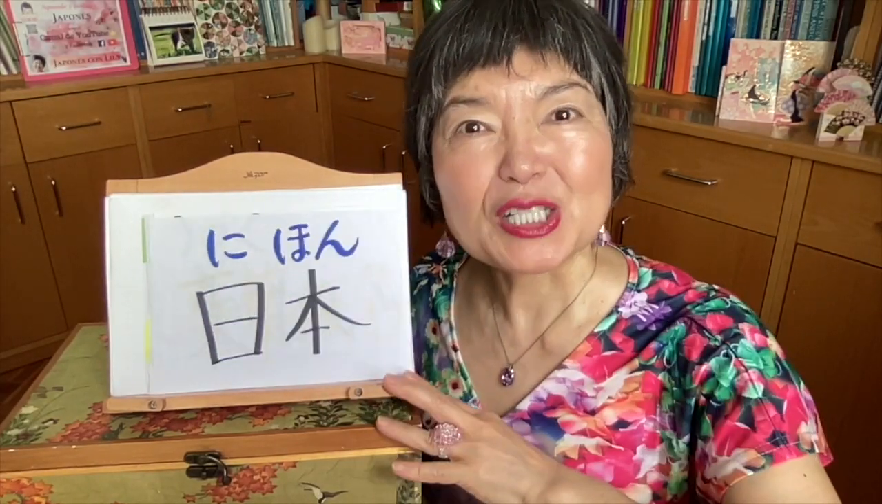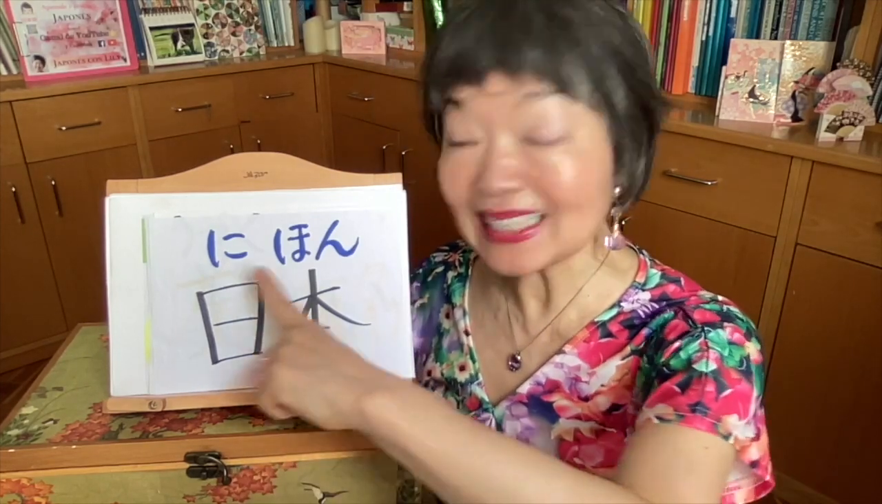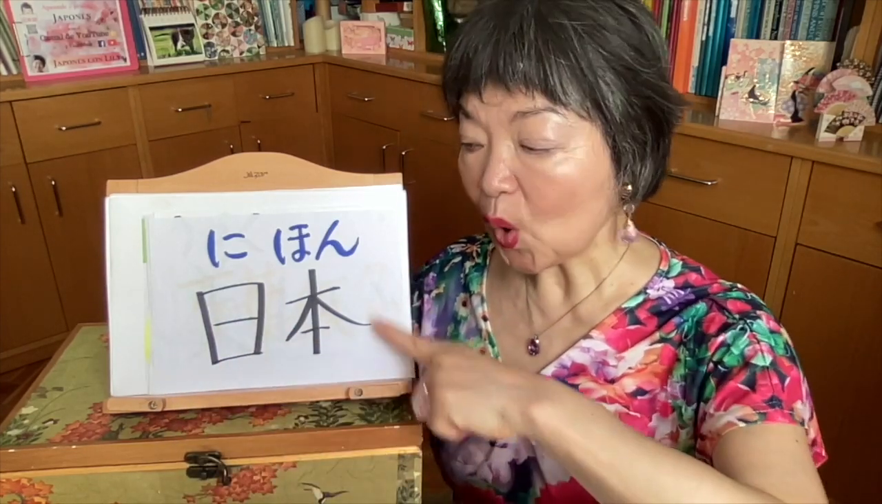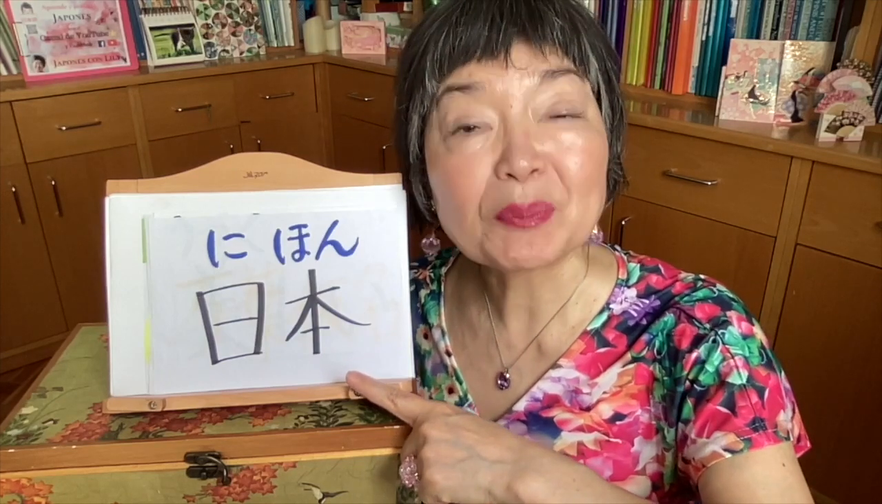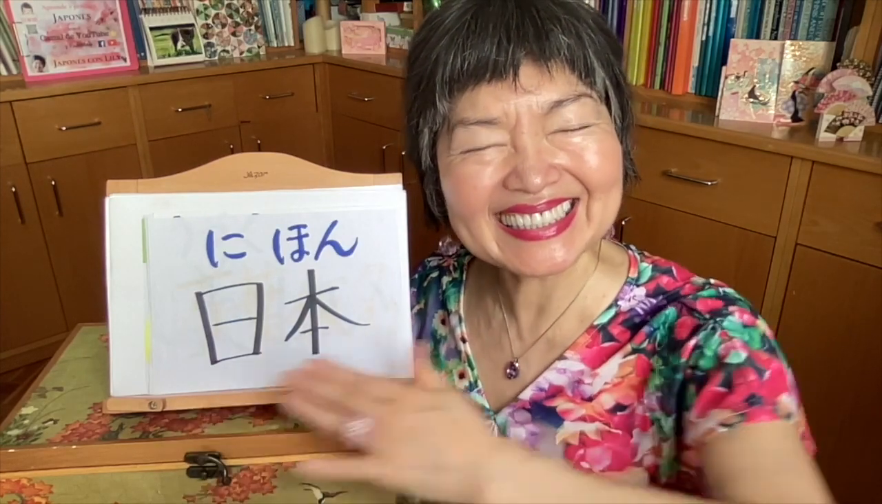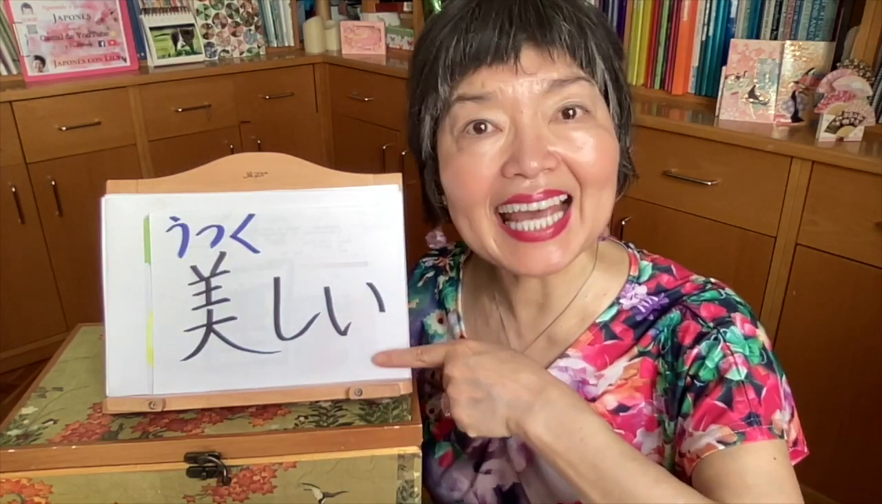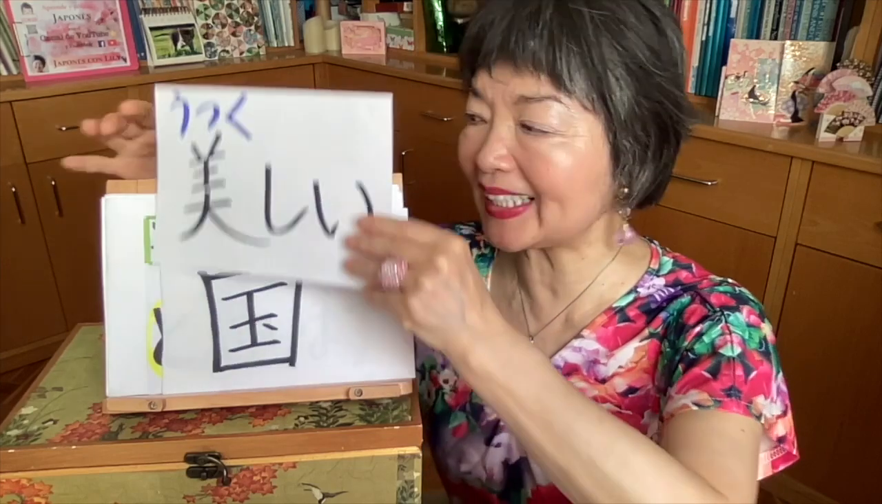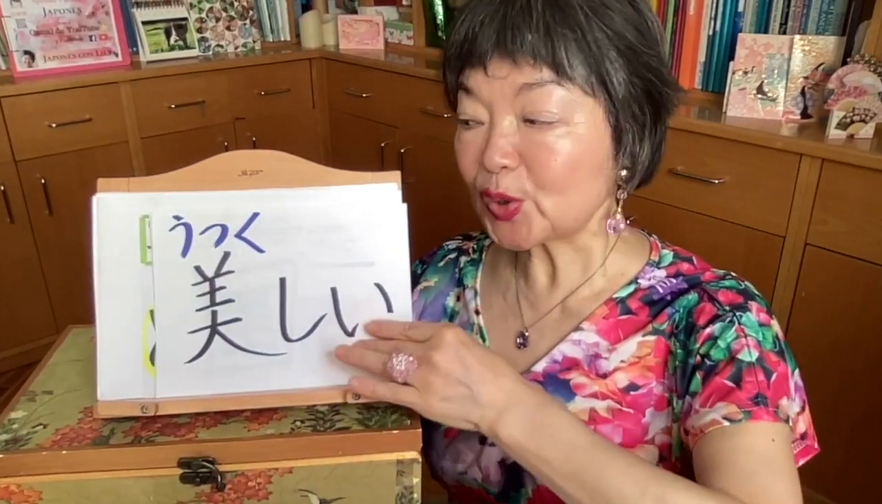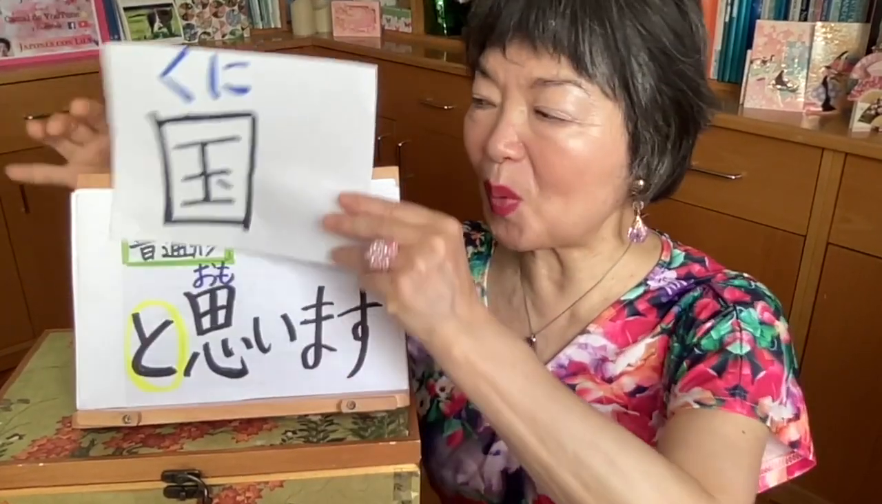I think Japan is a beautiful country. Japan, we say 日本 and kanji is quite easy. 日 is nichi, he. This means the sun. And 本 usually we mean books, but here, this is the base of the sun. This is 日本. Beautiful, 美しい, is an adjective. So we can say beautiful country, 美しい国。日本は美しい国だと思います。